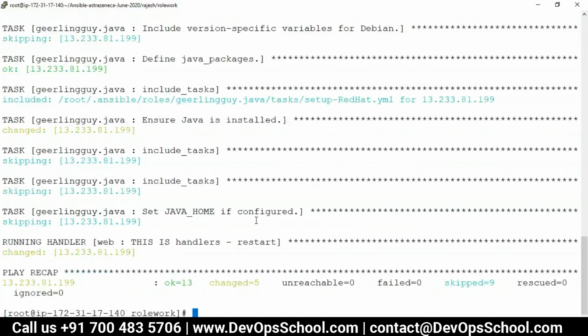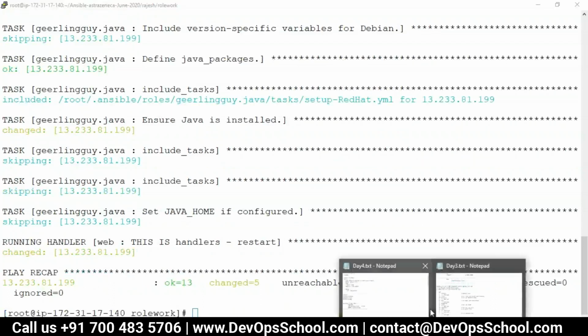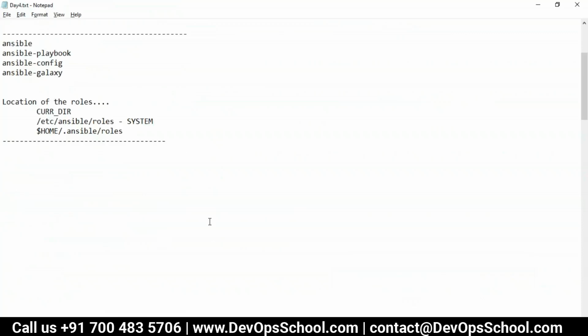I have not seen any such thing, but ultimately you have to have it locally to execute it. Now the question is, how could I download? So you could do something like this in the site.yaml. The logic is something like this. In site.yaml you have roles, but you can have tasks also, remember?